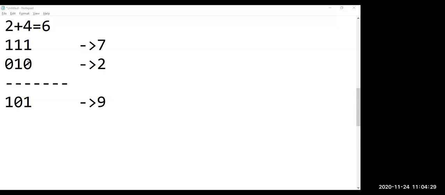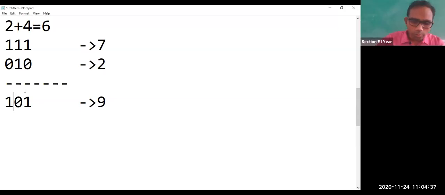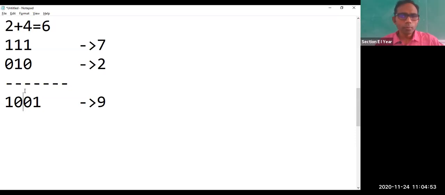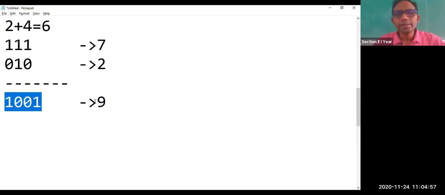1 plus 1. 1 0. 1 plus 1 is equal to 1 and 0. So what you are going to do here is add 1. Somebody's mic is giving disturbance. You can mute yourself. When I ask a question, you can unmute again. Good, thank you. Now, the result is 1001. So this is equal to 9. We are going to study binary numbers, just wait.